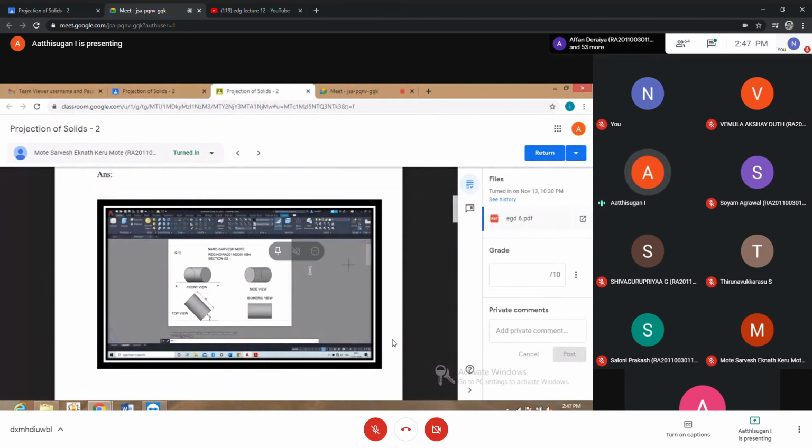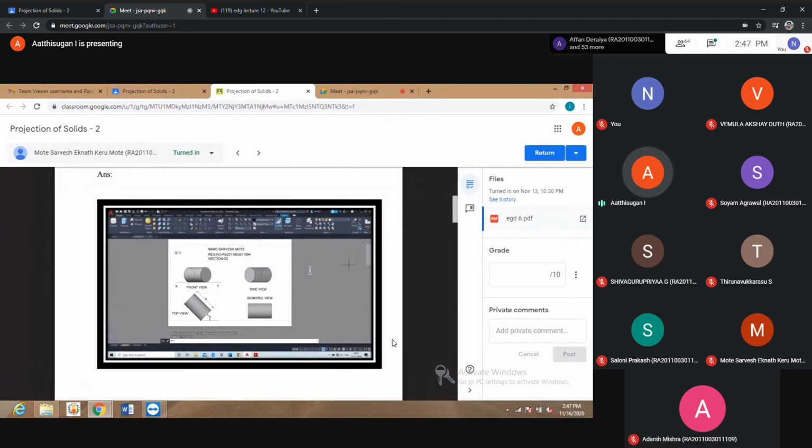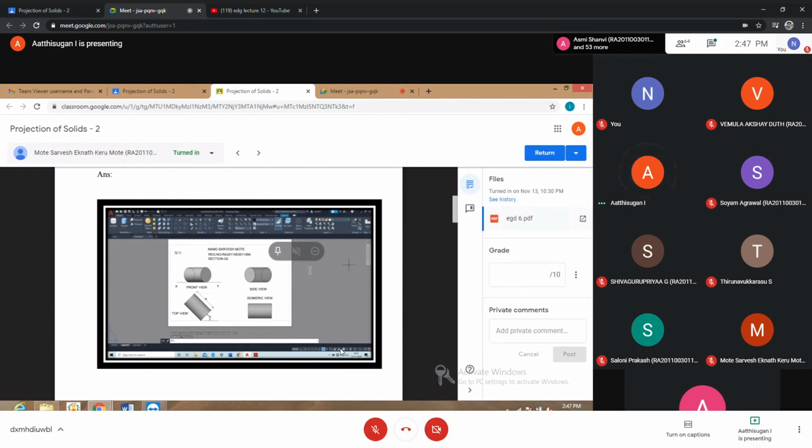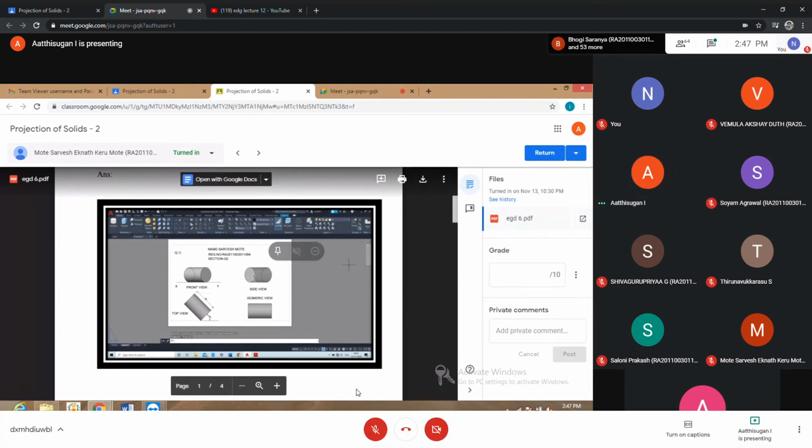Here it is okay for solids only. For a 2D plane, you divide into some equal parts. I hope you remember during the cycloid, you divided into equal parts and gave labels. But in this case, if you give labels, some generators will be coming, so you cannot give the label here.